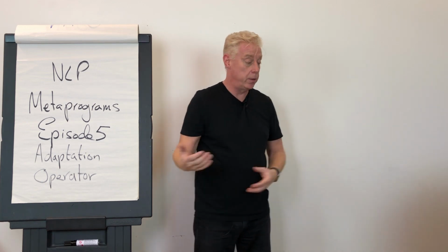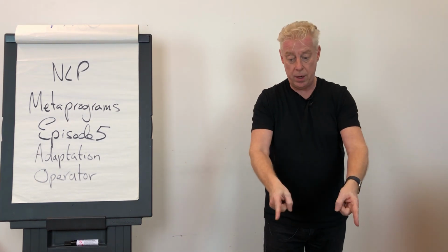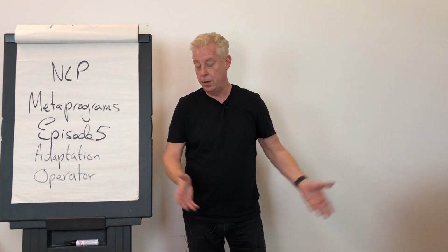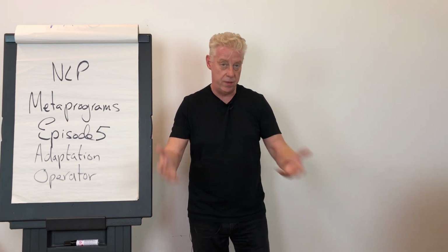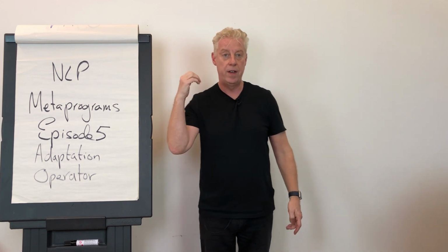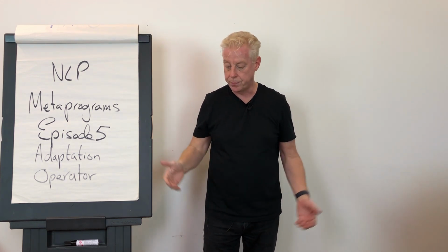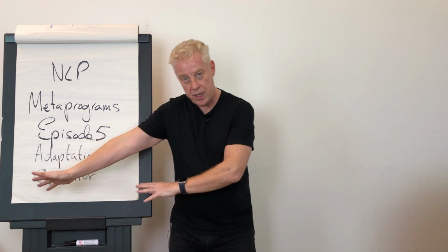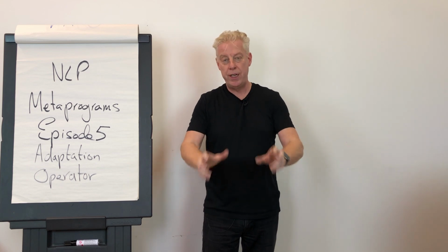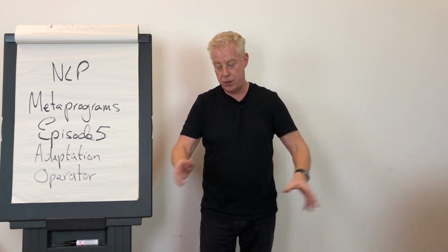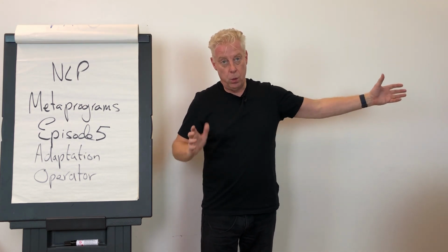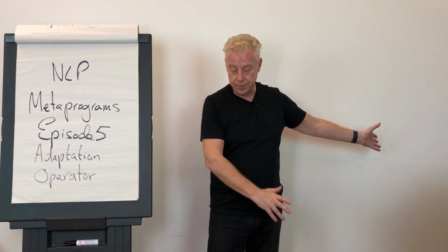Somebody who's more judger goes into the first shop, they see a washing machine that fits the specification, it's the appropriate price, it fits their values, etc. They go, right, let's take it, stick it in the van, let's take it away. The person who's more perceiver, even if they see a washing machine that fits their specification, fits their values, they want to look at every single washing machine store in town.